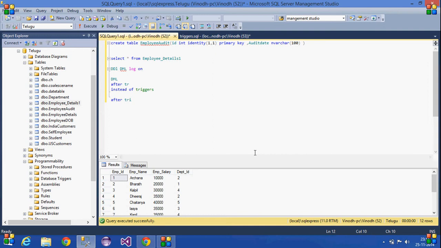For that, I have an employee details table. Whenever I try to insert data into this employee details table, I will create a trigger that automatically executes whenever I insert. In that trigger, I'll insert some values into an employee audit table, where I'll get the information regarding that particular employee ID when it is inserted. For that, first I'll create a trigger